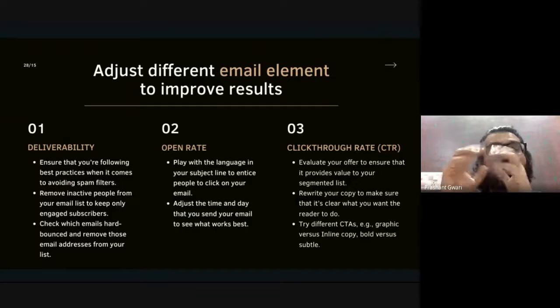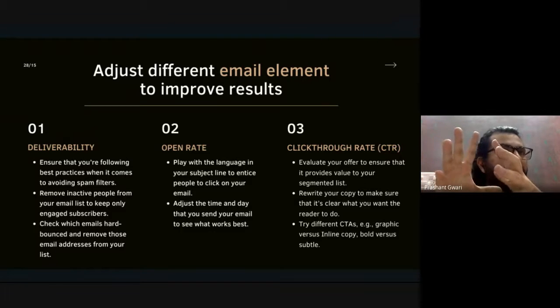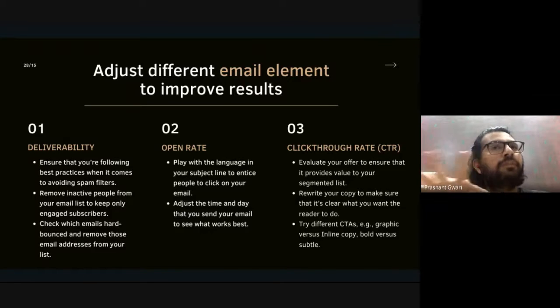Now imagine you are sending 10,000 emails, and out of those 10,000 emails, 100 people mention their wrong email ID. So those 100 emails will go to the bounce, and your delivery rate will be less, around 99%, because 100 emails are delivering into the bounce section. So you have to remove those emails that are bouncing from any reason, whether they deleted their email ID, whether they provided the wrong email ID, maybe the server is down, any reason. You will remove the bounce email IDs, hard bounce email IDs, from your email list.